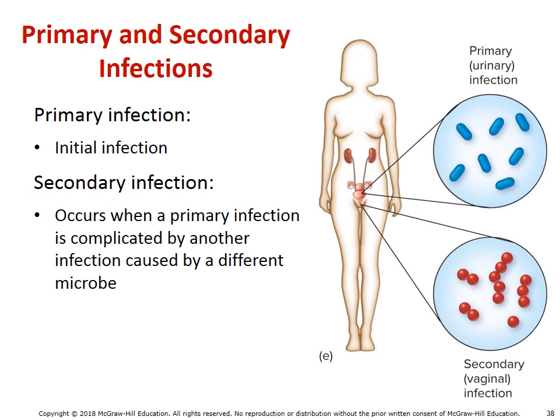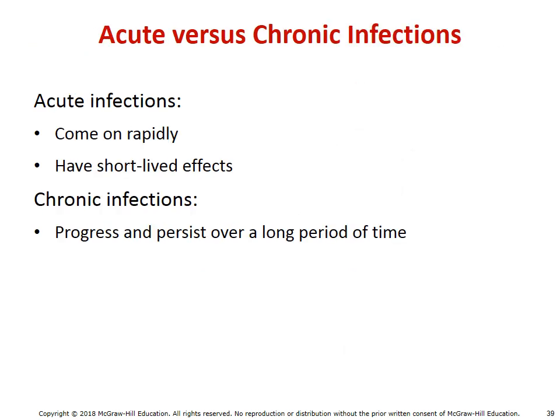As I loosely just illustrated, there are some infections that start out with just an initial pathogen, but then quickly additional infections come on. We call the initial infection primary, and any additional that follows up a secondary infection. Two other things we should probably point out are acute versus chronic infections. Acute should be basically short-lived, while chronic should persist over a long period of time.